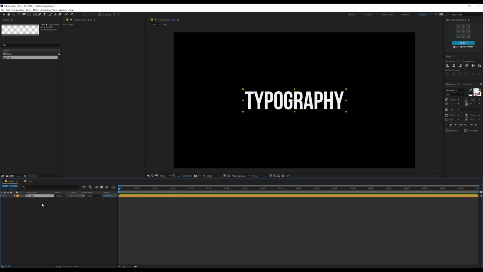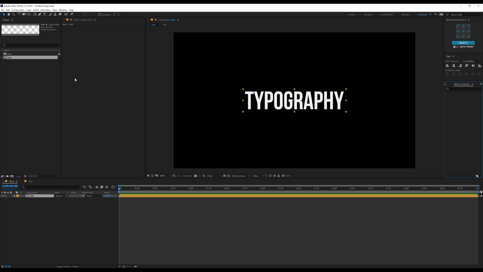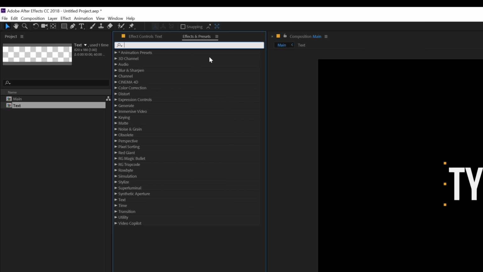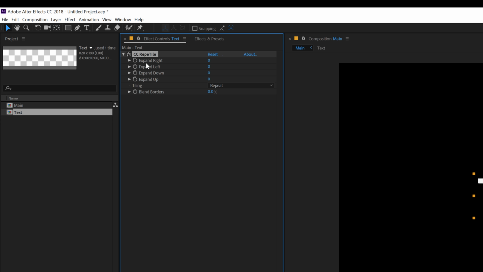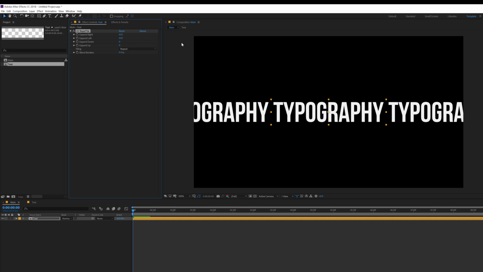Let's go back into our main comp and drag and drop in the text composition into our main comp. Then what I can do is go into Windows and launch up my effects and presets panel. I'll just dock it right over here. And then for the effects and preset, I'm going to add an effect called CC Repetile. Just double click to apply that, and then basically you can just drag it to create a copy just like that. Here we go,